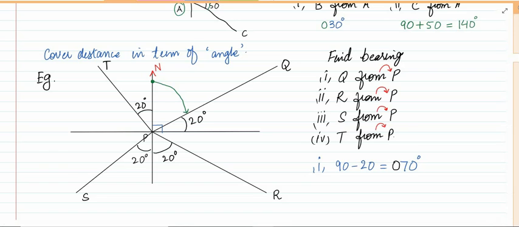Okay. For part 2, it says R from P. Now again, what you need to do, first the starting point. I am going to do it with the blue pen. So starting point at P, let's suppose this is my starting point. From the north of P until I reach the line R. So I am going to start my journey from here. From here till this point I had covered 90, right? If I continue my journey until I reach this one, basically that is